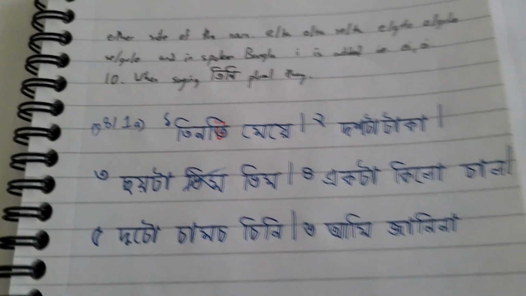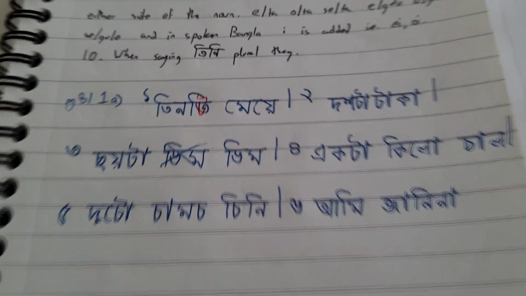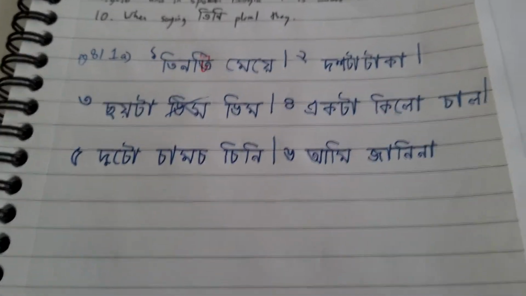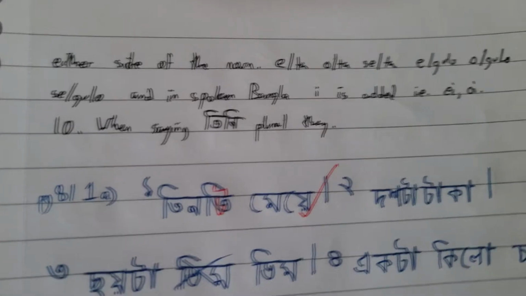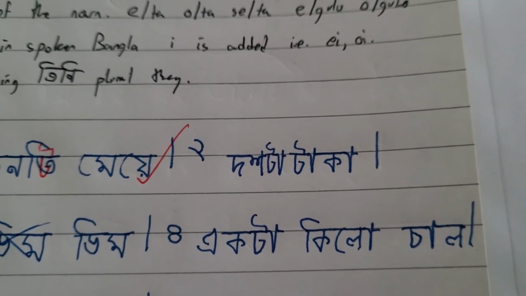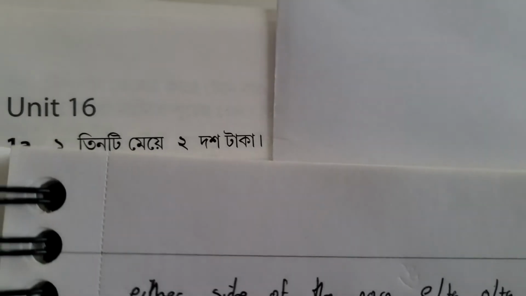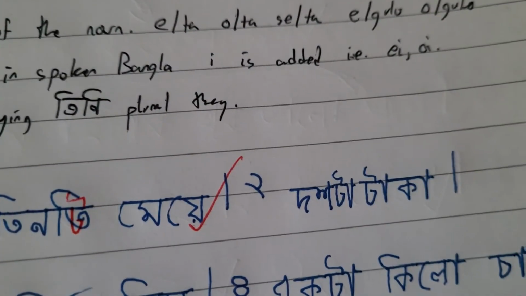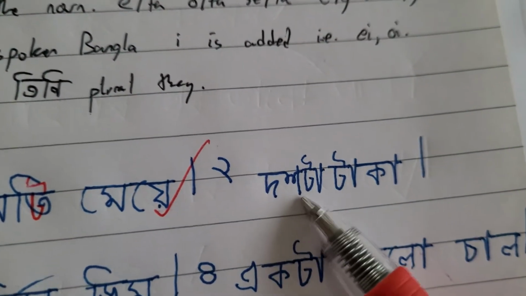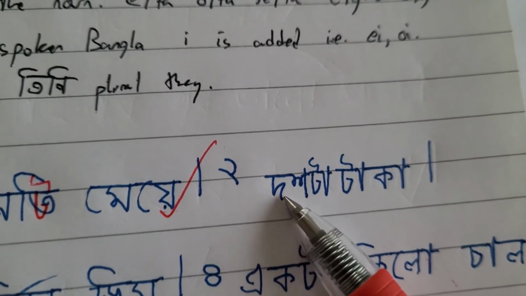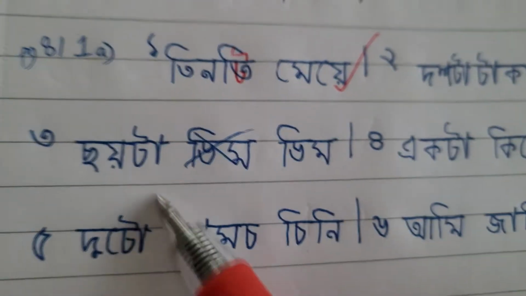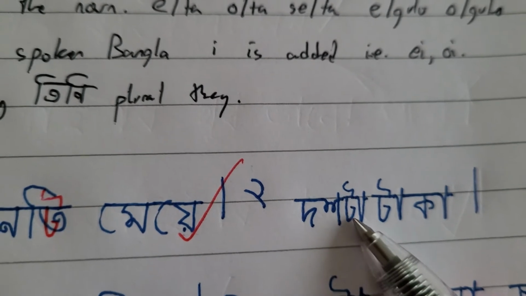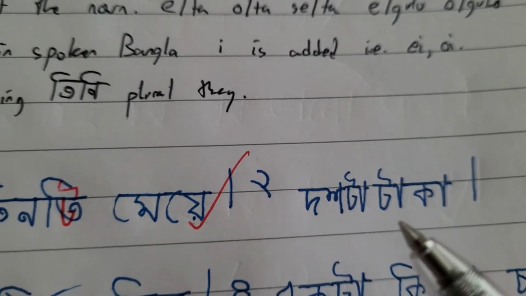I've written my answers down here very quickly, which is why they're quite a bit messier and reflective of my normal English writing. The first one, dinti me, and the answer was dinti me. Number 2, doshta taka, and the answer is, okay, you know what? So I was right the first time. You can see here that I've squeezed these two, and I initially just wrote dosh, and then when I did the next one, I was like, oh, I forgot to put the article at the end. So I was right the first time.